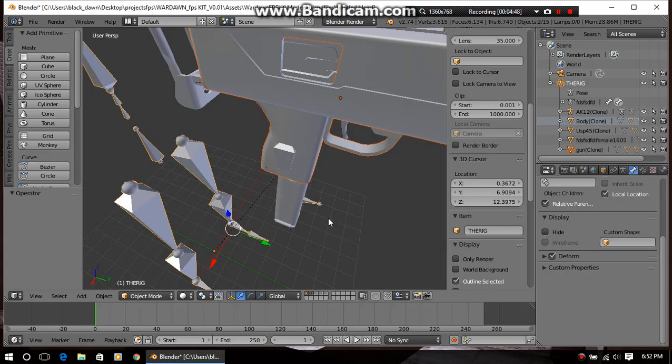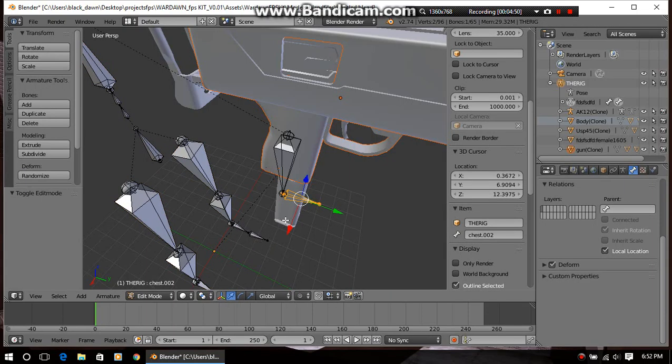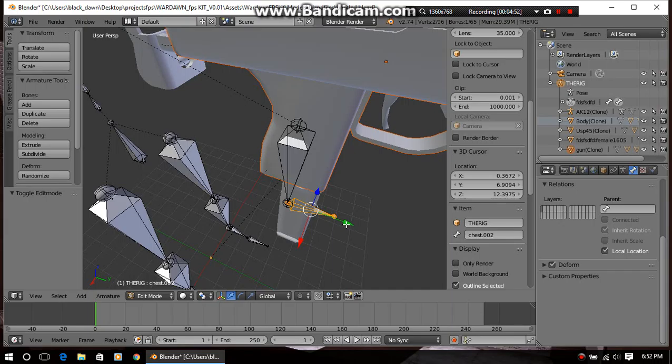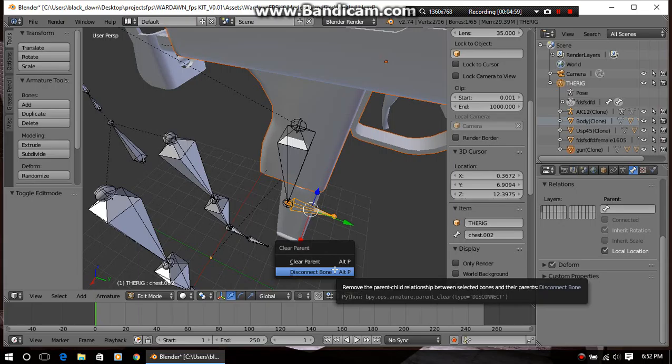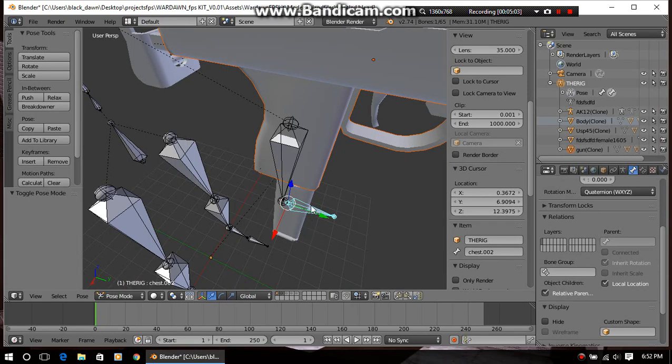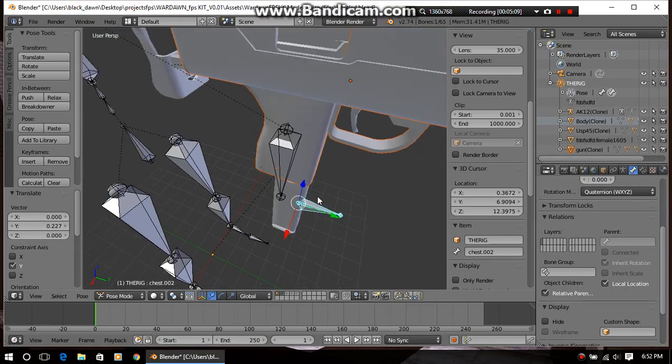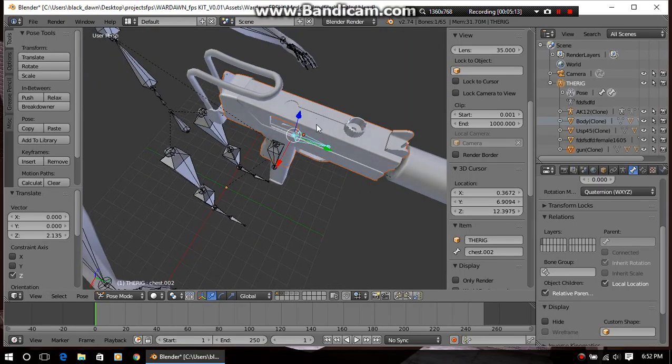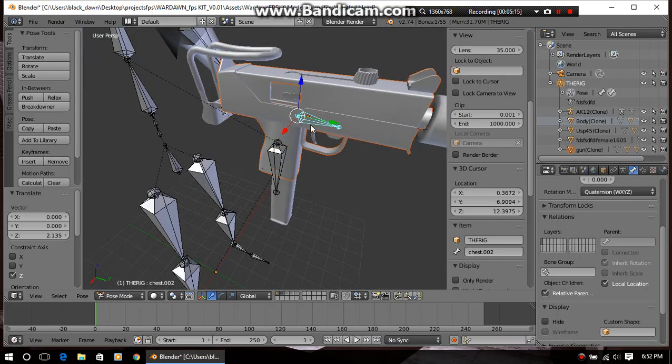Okay. Go into edit mode, go into that and press Alt P. Disconnect bone. Okay, and we go back into pose mode. Does it do the same thing? Yeah, it does the same thing. So you can just clear the parent right here. The reason why we clear the parent and disconnect is we need it to act as a little sibling